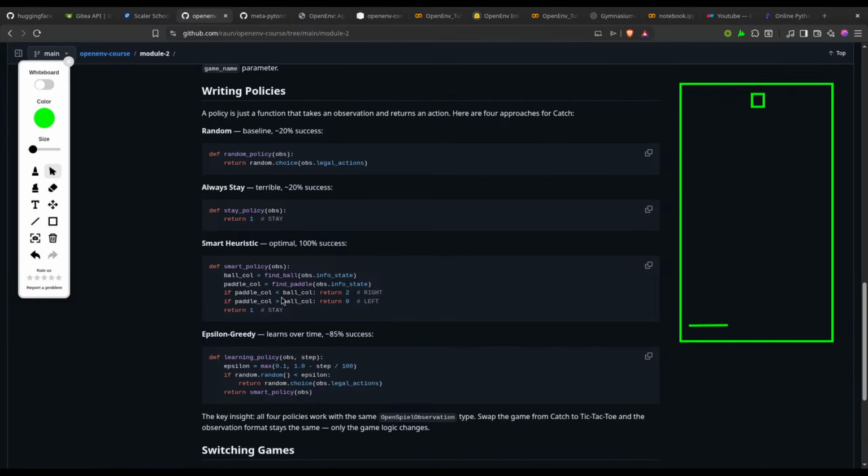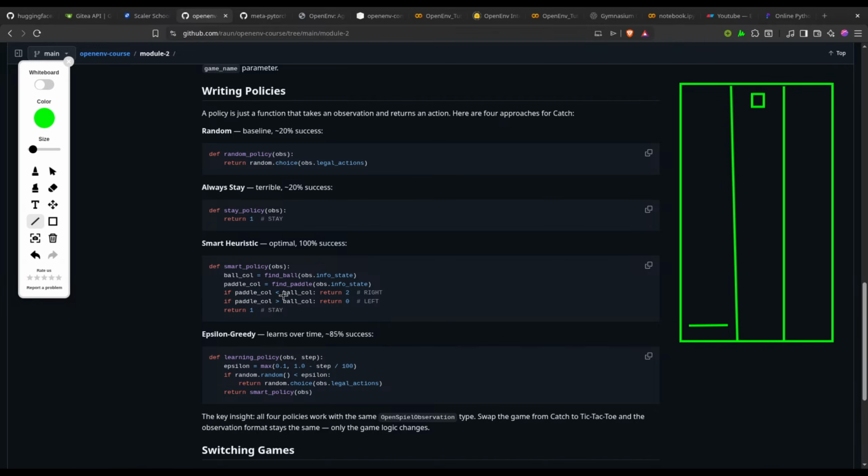If the paddle is less than this, they are dividing it into columns. Let's suppose they are divided into grids, so this is the first grid and this is the third grid. Let's suppose they are divided into 3 grids, so the ball is in the second grid and the paddle is in the first grid. So that is what they are saying.